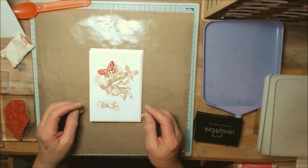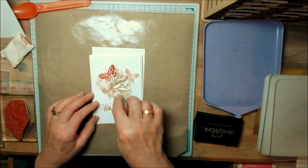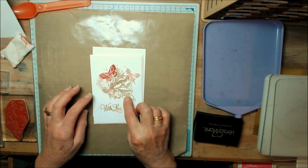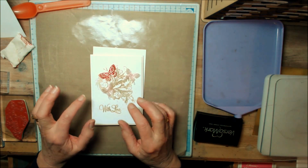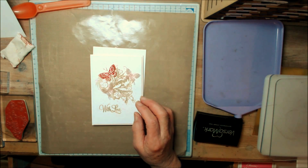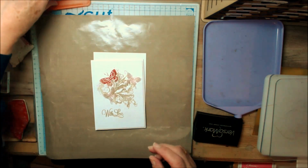Hello, I thought I'd show you today how I made this card with a mixed bunch of embossing powders for the background. I wanted to get a different kind of texture. I'm a bit croaky today, so I hope you can hear me. So what I used was